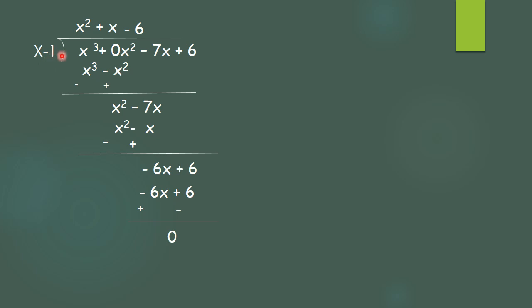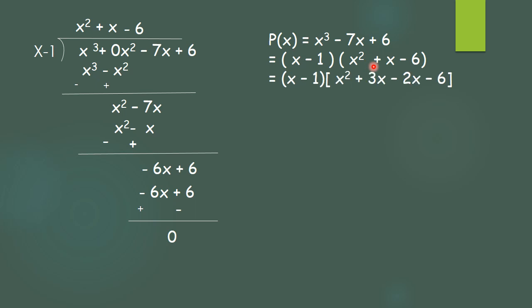Now in the same way, the polynomial x cube minus 7x plus 6 can be written as x minus 1 multiplied by x square plus x minus 6. We get this as a quadratic, so we'll try to split this quadratic. Get the factors of 6 such that the difference is 1. So we get the factors as 3 and 2, and the greater is 3, so 3 will get the sign of plus and the 2 will get the sign of minus, and so we get x square plus